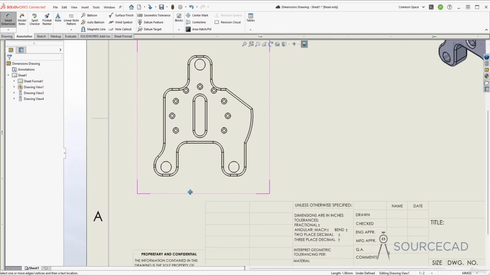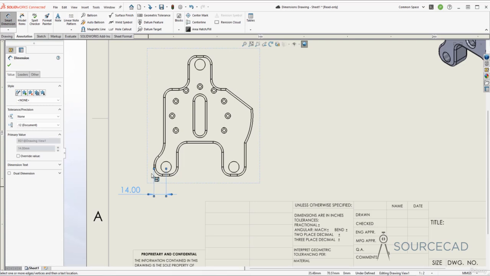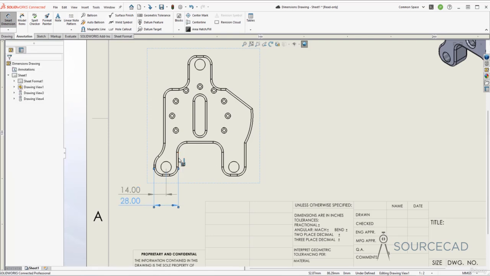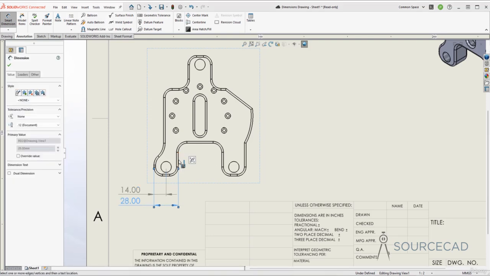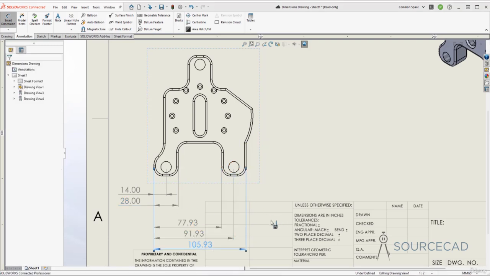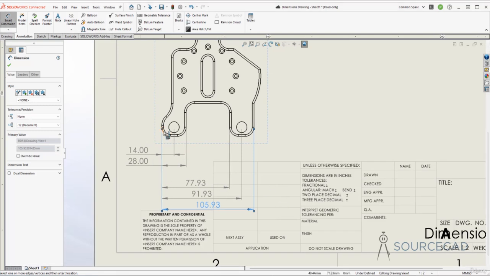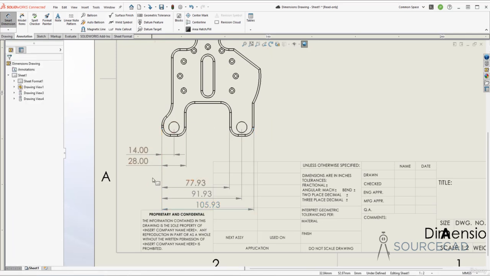So once you've selected the baseline, the next step is selecting the next point. Now you can select a circle, edge, or anything for the next point. Maybe I'll just select the circle, and here is the baseline. So the dimension from this baseline to this center of the circle is added. If I click again on the second line, that's going to add the next dimension. But once again, if you notice, it's just adding it from this point. If I click again, that's the same point, and again and again. So every single dimension here is measured with respect to this baseline which I initially added. So once added, it will just keep on adding every single dimension with respect to the selected baseline,